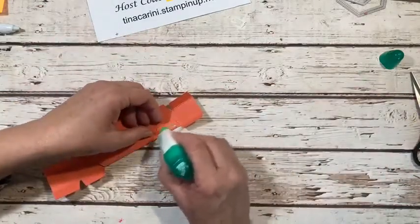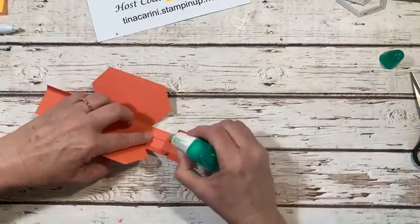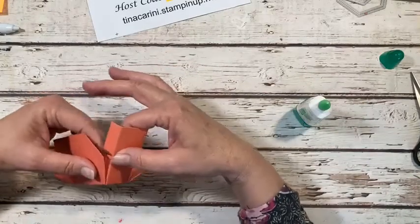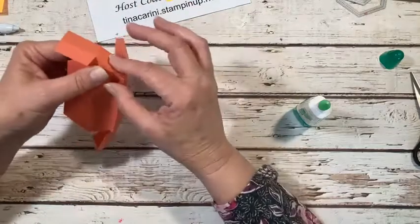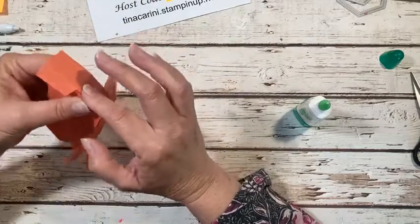And then we're just going to put some glue on each one of these tabs. And I'm only going to glue the tabs that I'm working with because you guys know how I am. I tend to be a little sloppy. Alright, so just like so. Probably shouldn't use that word, but